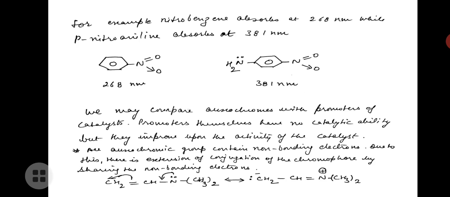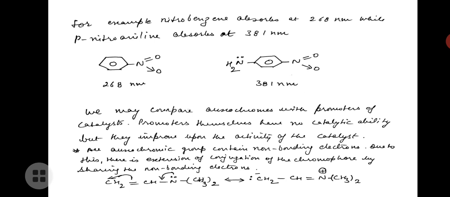We may compare oxochromes with promoters of catalysts. Promoters themselves have no catalytic ability, but they improve upon the activity of the catalyst. All oxochromic groups contain non-bonding electrons. Due to this, there is extension of conjugation of the chromophore by sharing the non-bonding electrons. So here this is an example, CH2 double bond CH and N(CH3)2. So here there is a lone pair on the nitrogen atom,